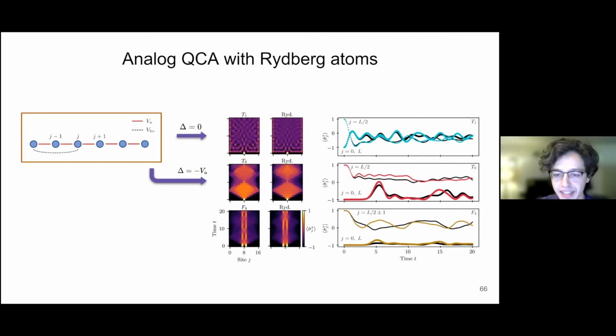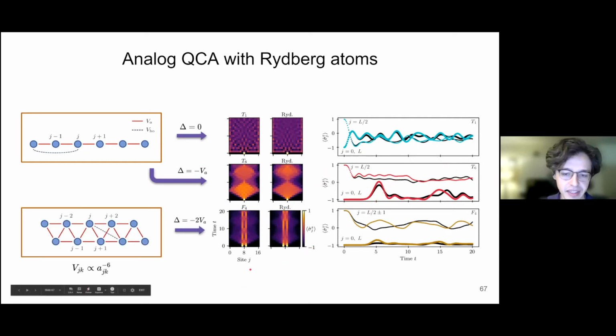And so again, the dynamics aren't exactly the same. They're not perfect, as if we look at the microscopic picture, a few sites of this magnetization, we see that a lot of the character is there, but some of the details are missing. The same is true for the Goldilocks case. Now, for the F rules, we have to be a little bit creative because there are 4 nearest neighbors. We can model this as a quasi-2D system where each site j can indeed have 4 nearest neighbors that could all have the same interaction energy.